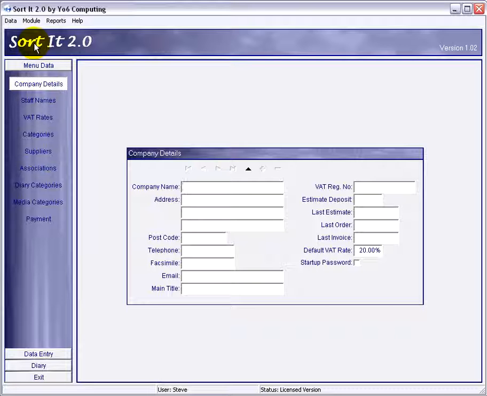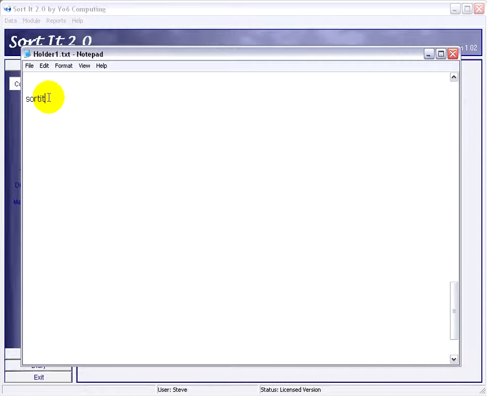But before we do any of that, I'm going to show you how to change the password, just in case you so wish to. And whether you use your password, your startup password or not, you will at some point, if you come to delete a record or restore your data files, you will need to know the password. Now the default password that ships with Sortit is Sortit, written all one word and all lowercase, just like that. Okay,